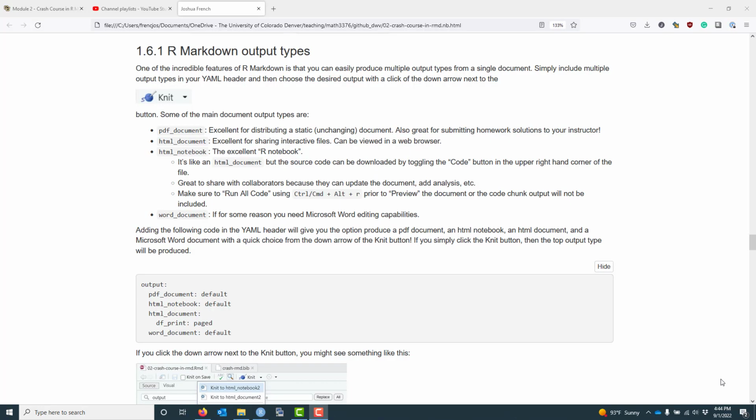One of the things I wanted to talk about in more detail was how to use R Markdown to produce multiple output types, which is one of the most incredible features of the R Markdown language. To easily produce multiple output types from one R Markdown document, you simply need to include the multiple desired output types in your YAML header, and then choose the desired output with a click of the down arrow next to the knit button. Some of the most common document output types include the PDF document, which is excellent for distributing